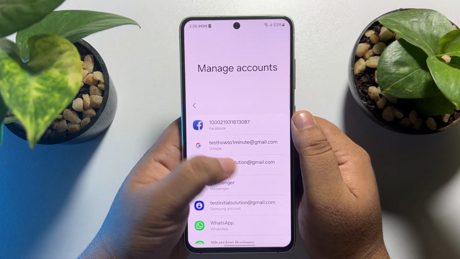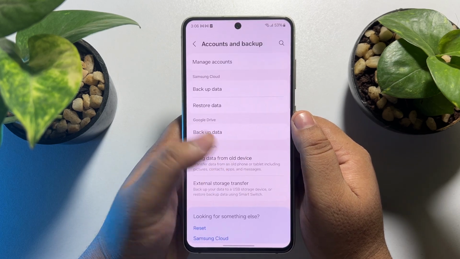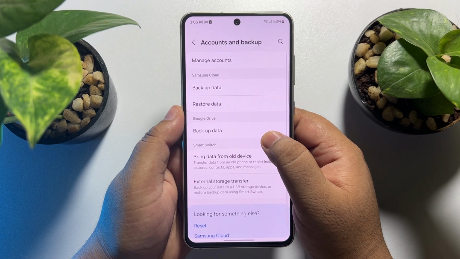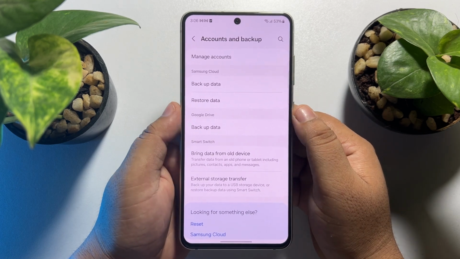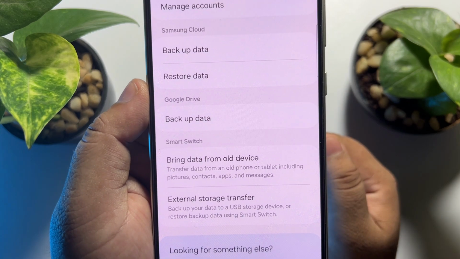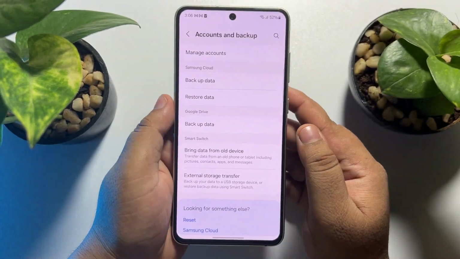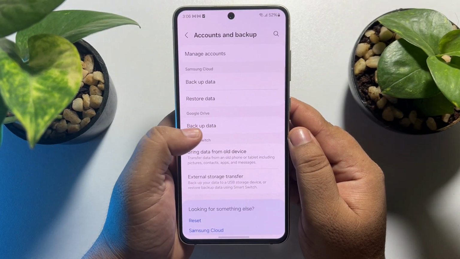Once you've added it, go back from this page, and now that you've added your Google account, come again to this Accounts and Backup settings page, and here you will see this Google Drive option. Now all you need to do is tap on Backup Data,